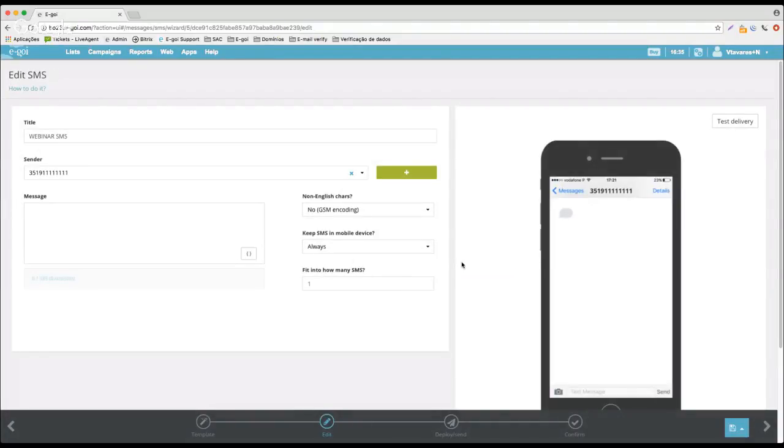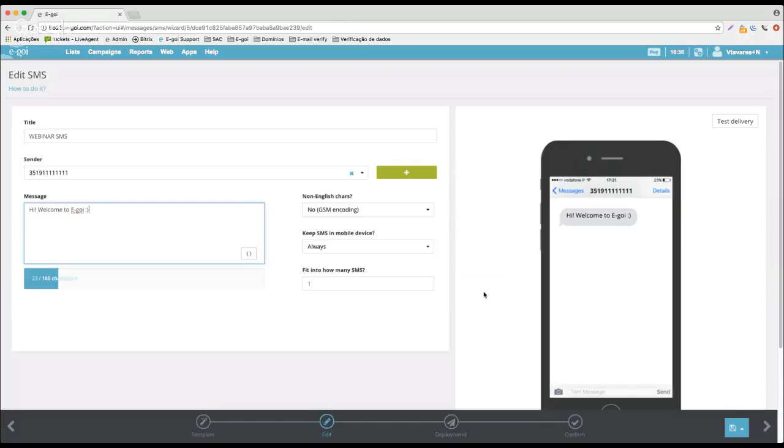And this is our SMS campaign editor. Our mobile sender is already selected by default, okay? This is where I create my campaign. So let's put in the text I want to show on the SMS. So, hi, welcome to E-goi. And right on the right, I have a preview of how my SMS campaign will be shown on my recipients'